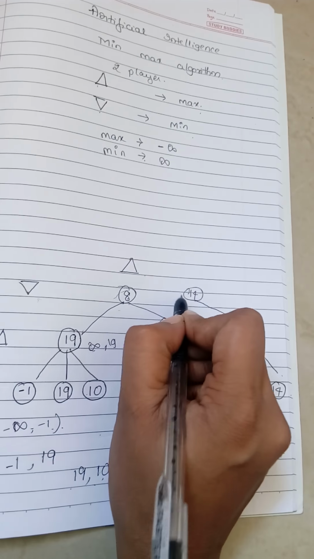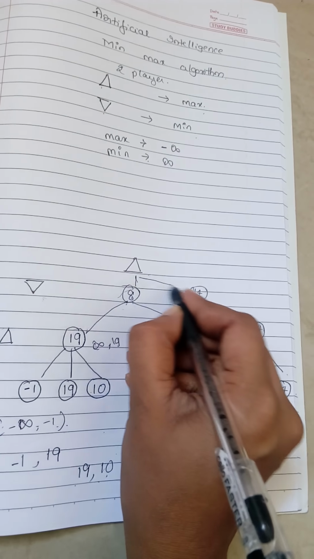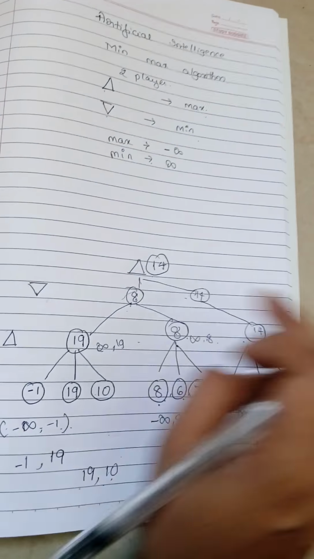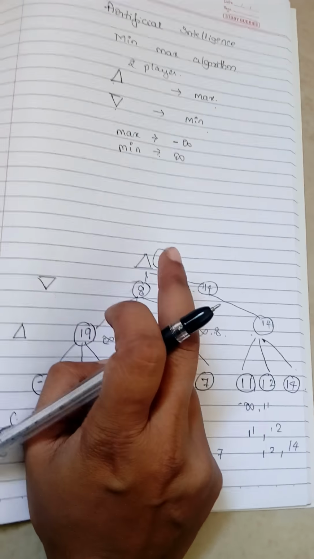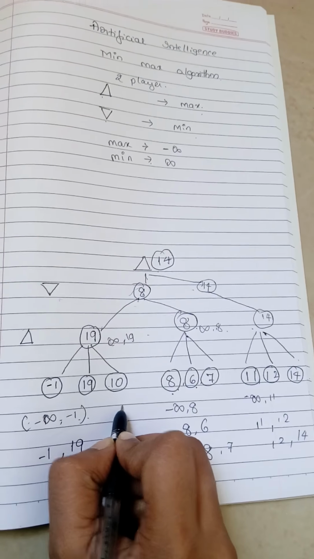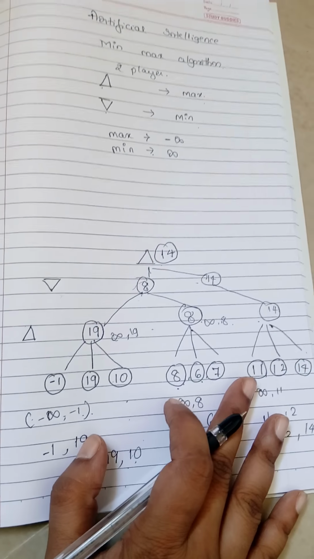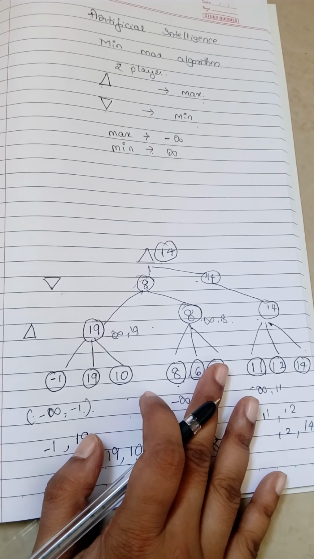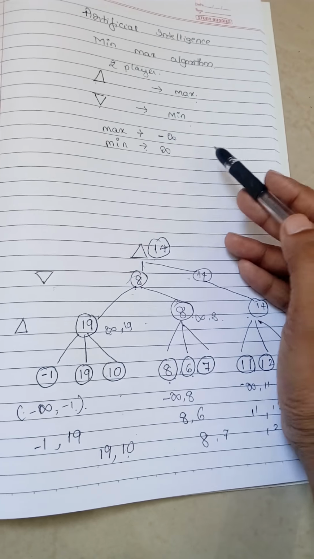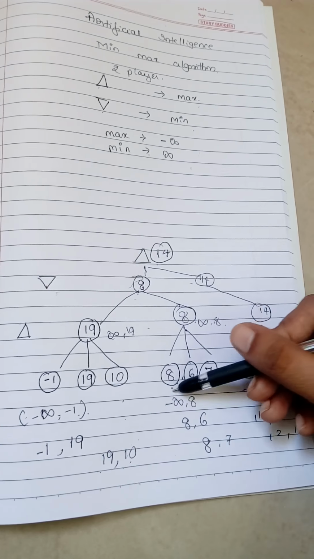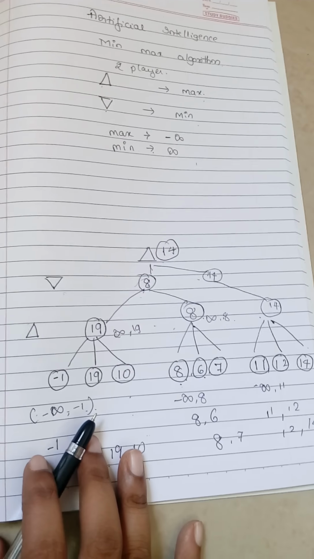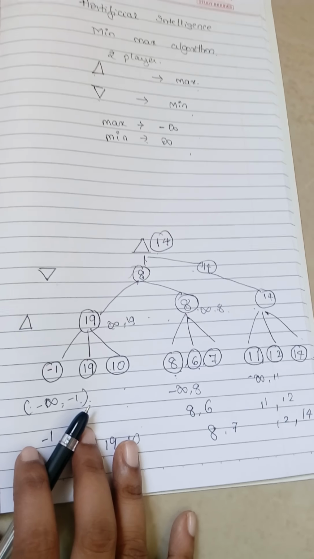The next step is, between these two, what will be the highest value? That is 14, so that will come into the topmost root of the tree. So this will be the min-max tree, and this will be the min-max algorithm. In this algorithm, you have to say what the worst state of maximum is, what the worst state of minimum is, and how we construct the tree, and also what the disadvantage of the min-max algorithm is.